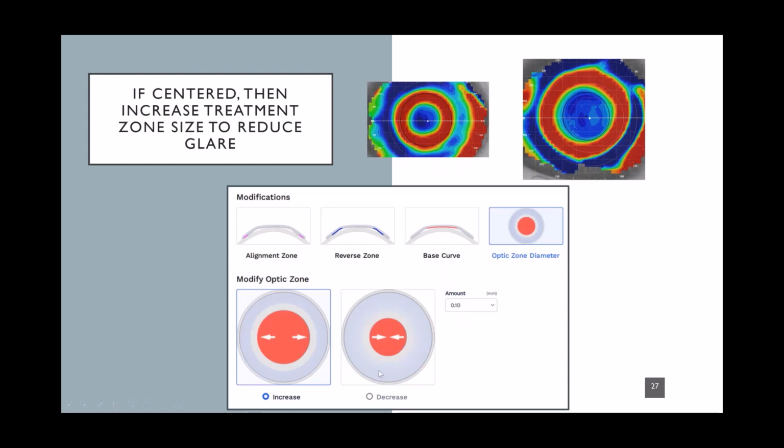It will make that change in all mode. You don't have the option to make the change to the optic zone in the quarter step or the half step, like I did with our examples on the residual astigmatism, which is why I wanted to show you how to do that in a way that doesn't use this modification tool. Okay, so